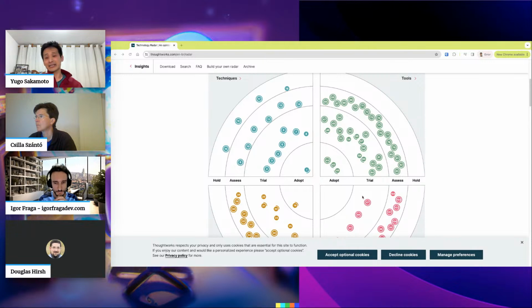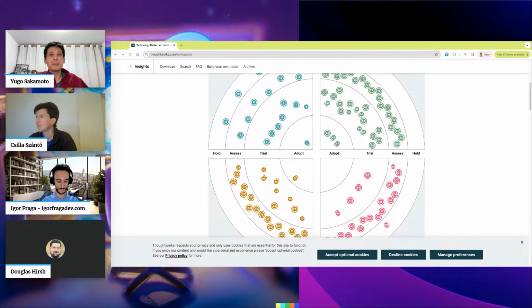When they are experimenting with some of those techniques or tools, they put them in trial. So we can see what they are trying, and also what they are assessing, if they are thinking of working with that in the near future, or hold, when they decide to not continue or to be cautious about some of the tools or techniques.